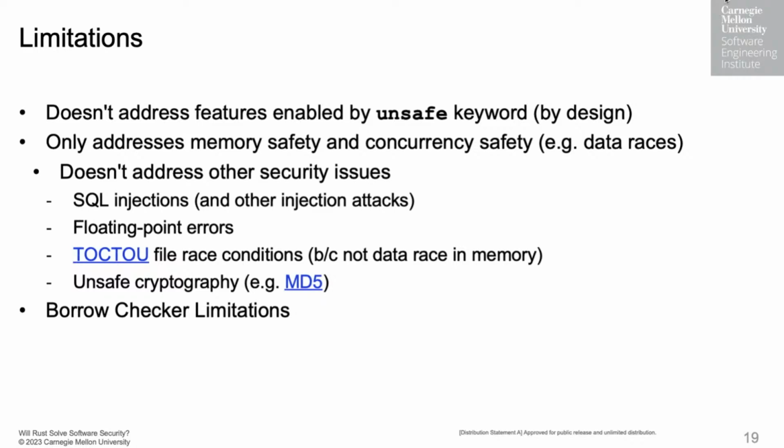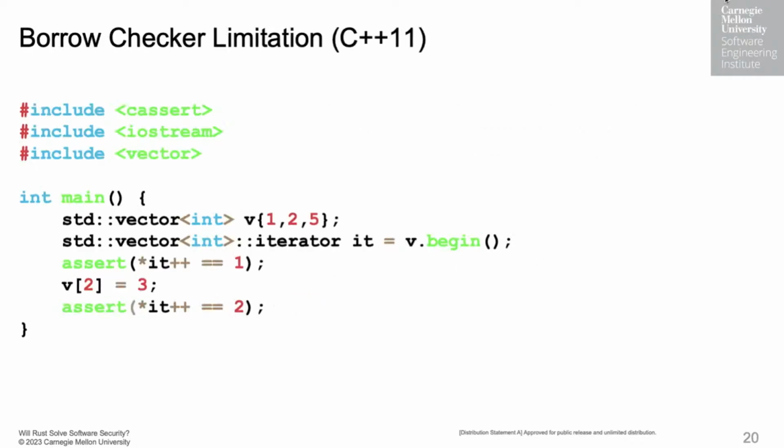Okay, so I'll move on to an example of the limitations of the borrow checker. Now, as Joe explained, the borrow checker is designed to prevent any insecure source code from compiling. So when the borrow checker has errors or bugs or warts, whatever you want to call them, it errs on the side of caution. And by that, I mean it takes a perfectly valid program that would not have undefined behavior, and it forbids the program from being compiled.